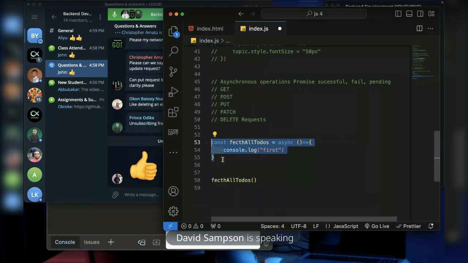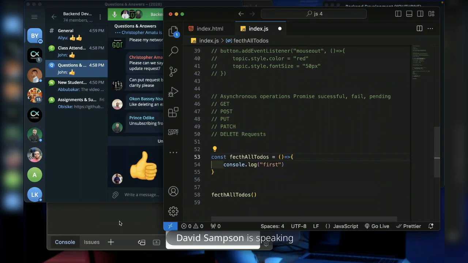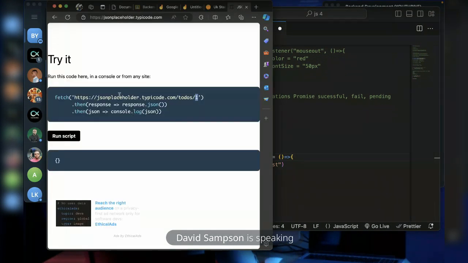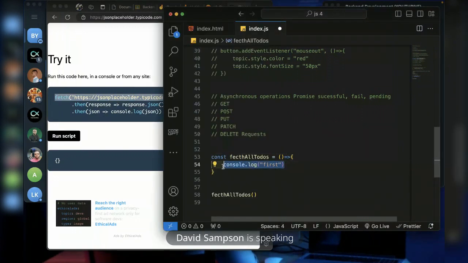So in order for your application not to crash, if I remove this async, let's remove it first and then perform the fetch requests. So I will close this and come here. Now it says to perform a fetch request, you get this. I will explain what these things mean later. I just put this here.